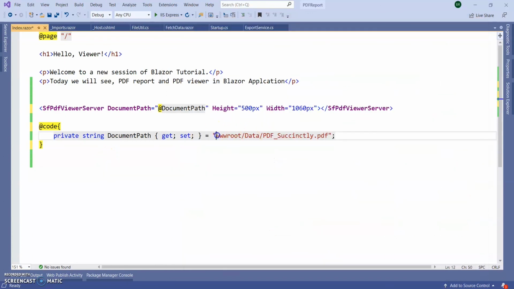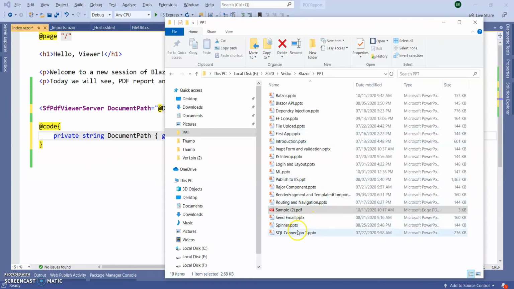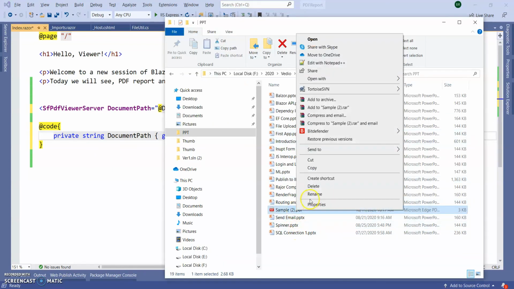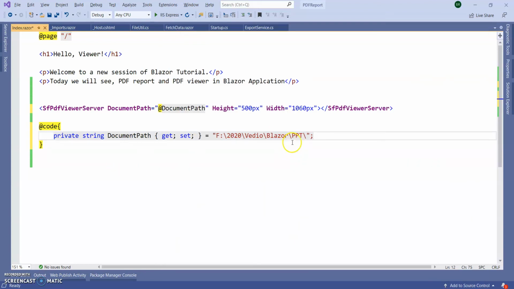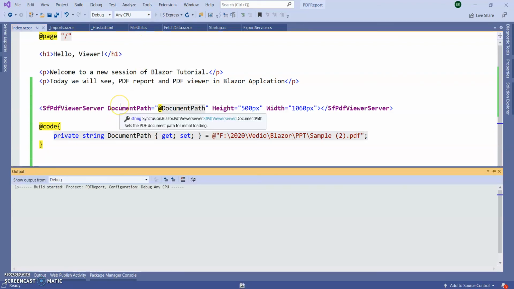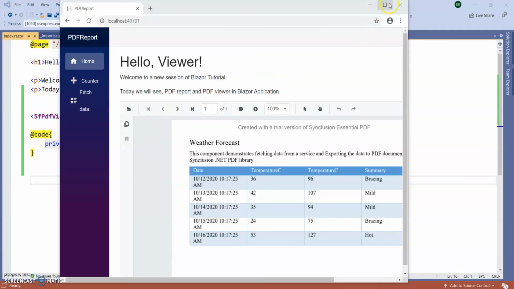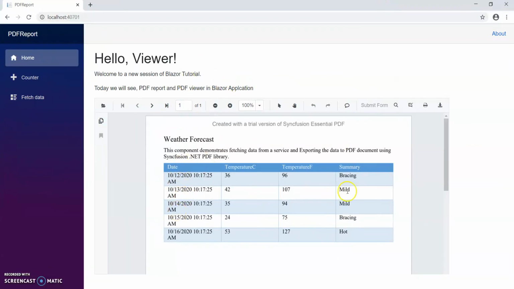So I'm giving directly this one, and rename this .pdf. Right, run the application now and we can see that it is loading the file first at the load itself.